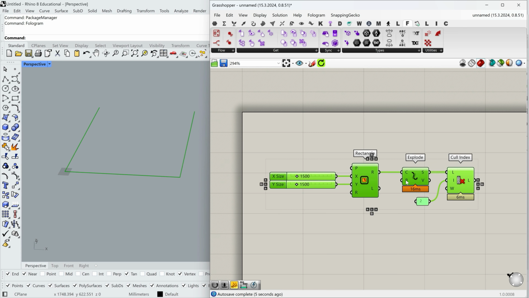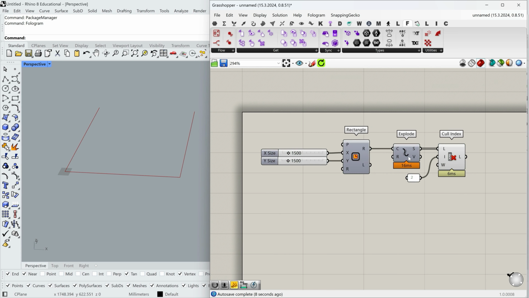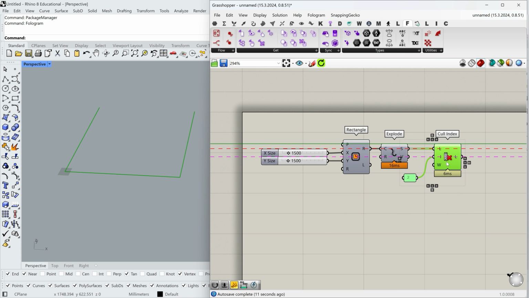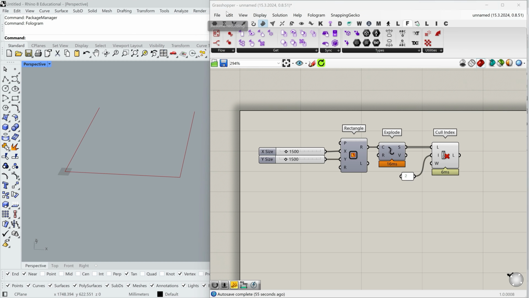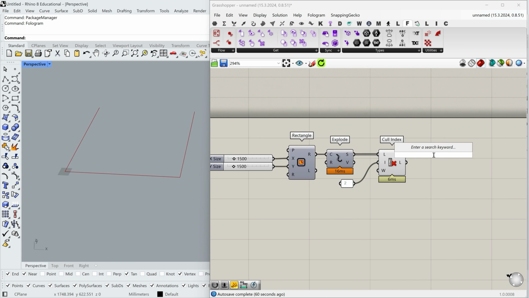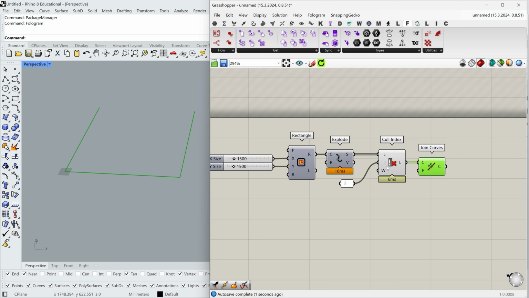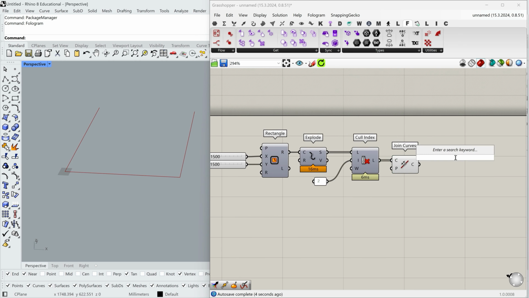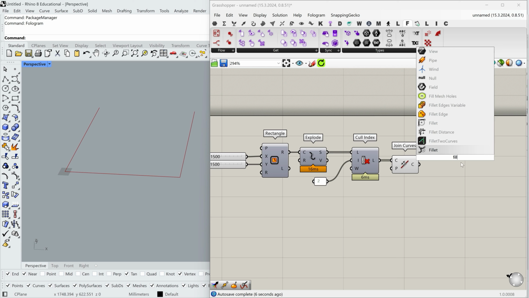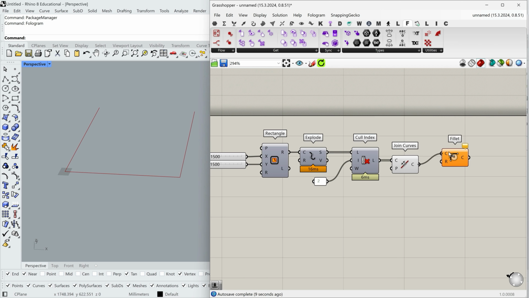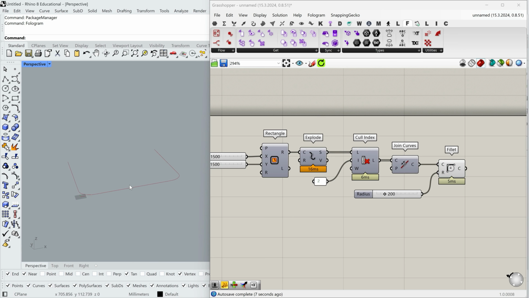I'll hide every component I don't need to see. And after that, I'll join the curves back, and we'll fillet the corners with a certain radius. Let's say 200 millimeters. Should do. Great. It's a base curve